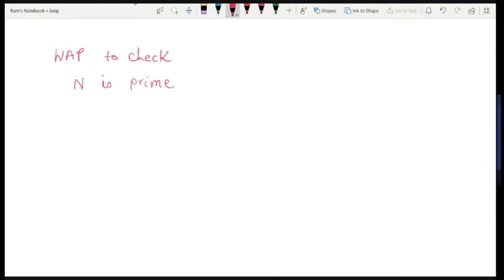But before actually getting into this problem, let's say we have to write another program. So, for example, write a program to check if n, a given number n, is an even number. Okay. Now, let's talk about the solution of this problem. Now, if you see from the description,